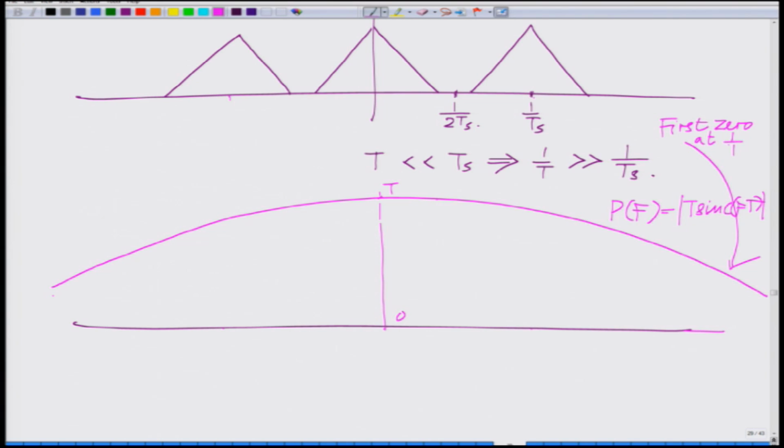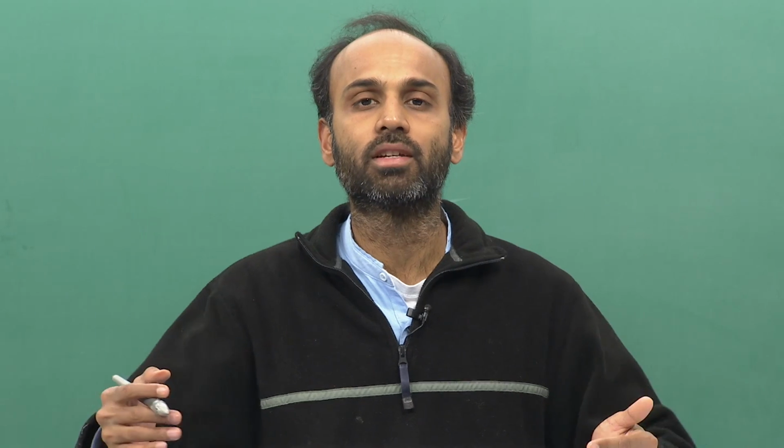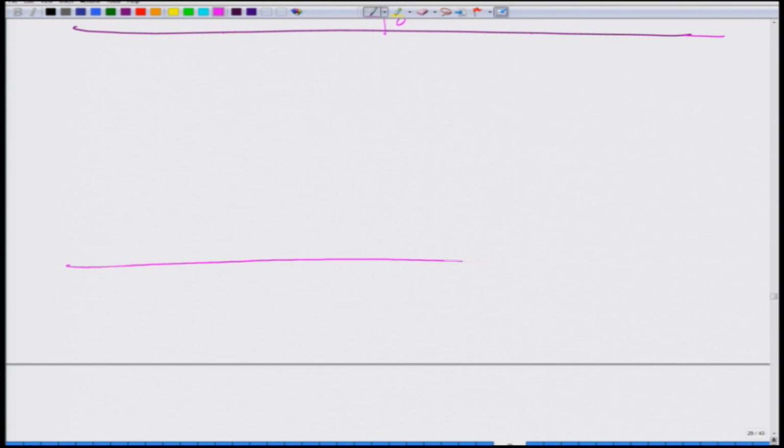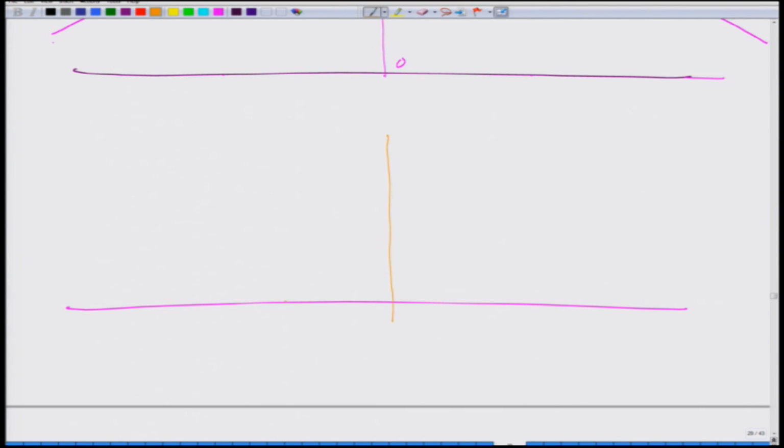At 1 over T on the positive axis, and then of course on the negative axis the first 0 is at minus 1 over T. And now what we have is this whole M delta f, that is the impulse sampled signal's spectrum, is multiplied by P of f, which is the spectrum of the pulse shaping filter. Therefore, the net spectrum of MP of f will again have several copies,